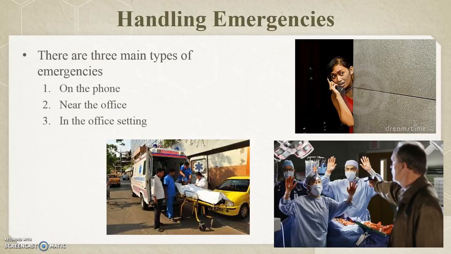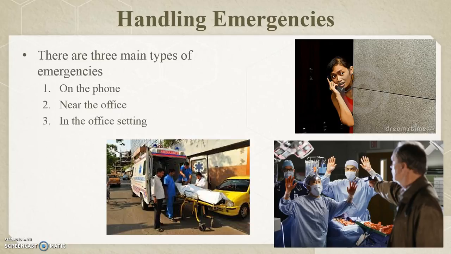You also need to worry and know about emergencies near or at a medical office. For example, maybe you're working at one of the clinics that was near the mall, and there were those shootings that happened there. Those are things that you need to be aware of because while they're not directly related to your office, they are something that could come to your office depending on the situation.